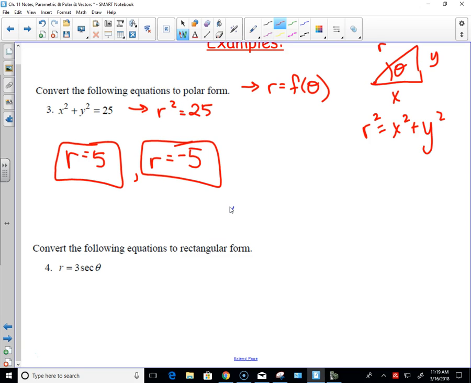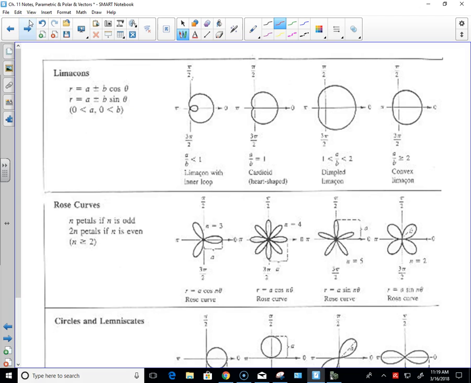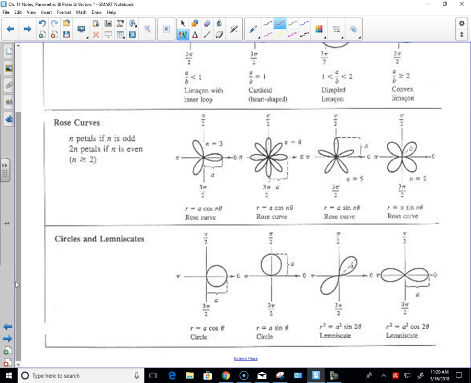So if you guys were to go back, or if we were to go forward to that page of graphs, there are circles sometimes, but the circles show up when r equals either constant times cosines or sines, but look and check out those circles. Are those centered at 0, 0? No. To get a circle centered at 0, 0, it's just going to be r equals the 5 line, or r equals the 2 line, or r equals the 7 line. Does that make sense? Okay. So then coming on back, how do we